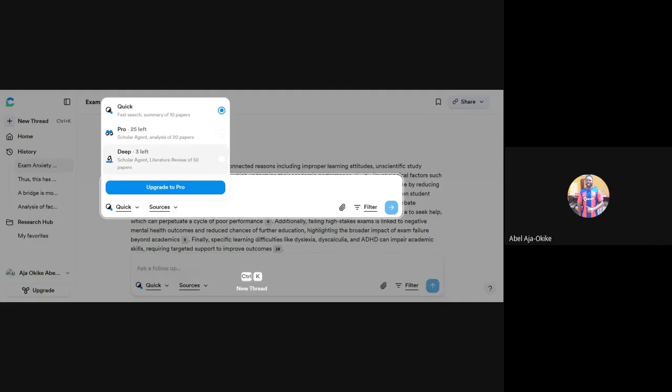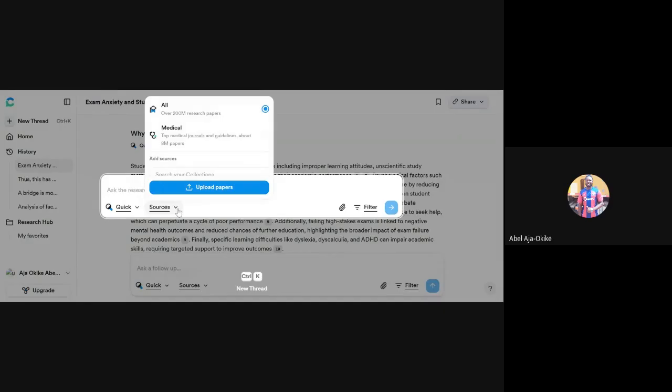You want to review a lot of papers dependent on supervisor stress. As you can see, you only have three for the deep research. These are the ones that PhD students mostly use. And then the pro is mostly for students who are doing their masters, while the quick one can serve for students who are doing their BSc, their undergraduate studies.